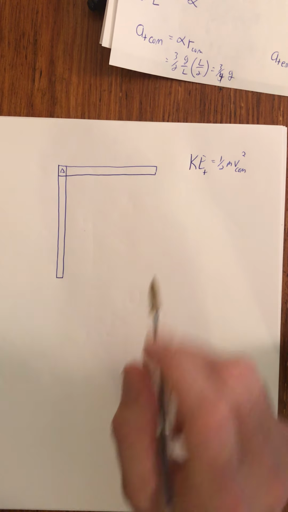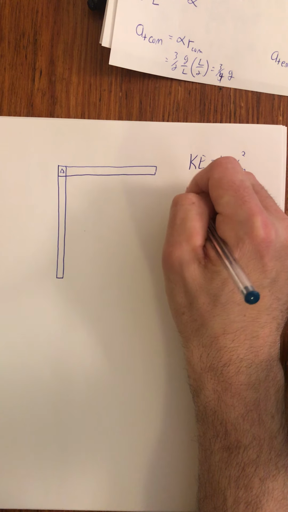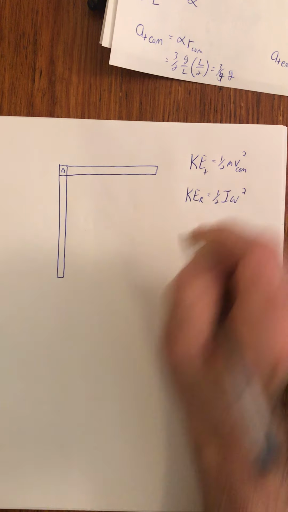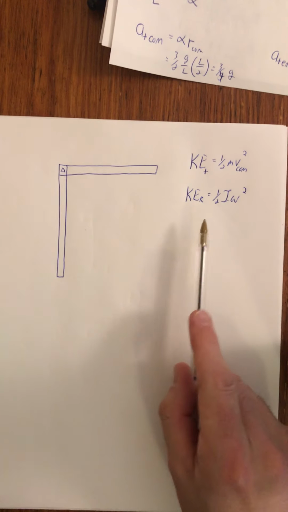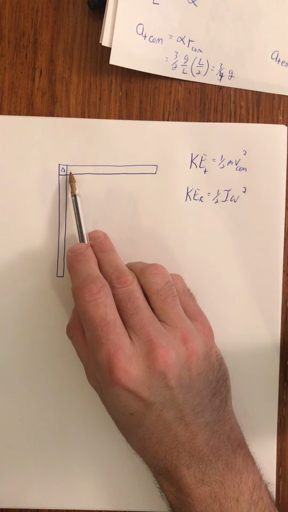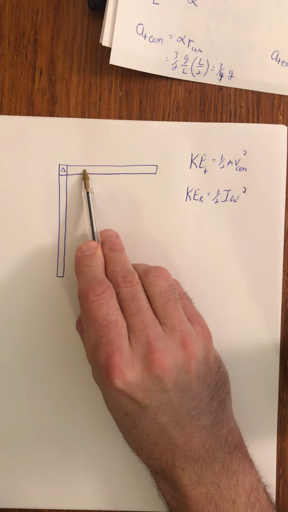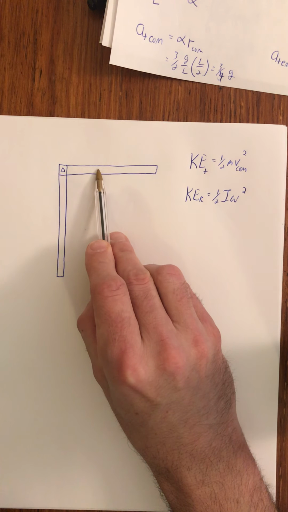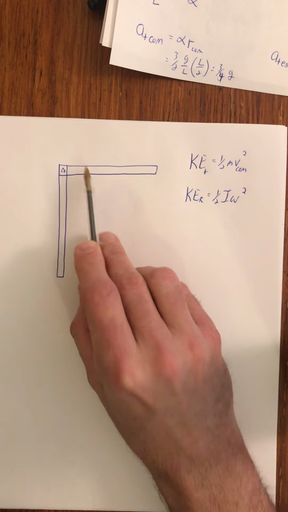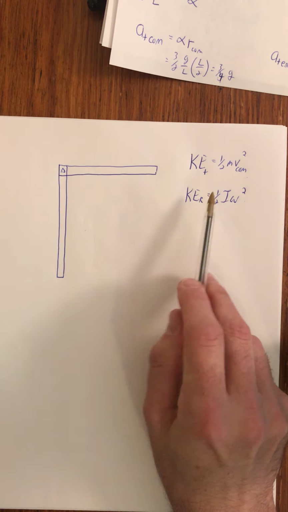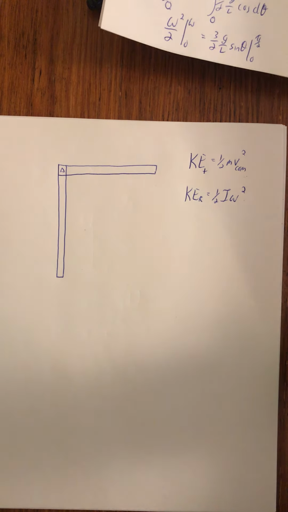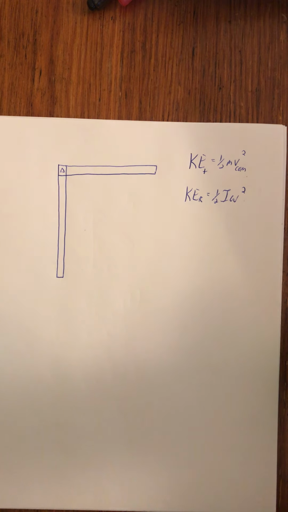The problem is, remember when we derived KE rotational being 1/2 I omega squared, we derived that from saying that the kinetic energy rotationally is equal to the sum of each individual little dm's translational kinetic energy. Now we didn't do that integration because it'd be kind of annoying. Instead we just generated this term. So even though the center of mass might be moving at a certain speed, as we demonstrated in the last video, and I'll pull that piece of paper up here,